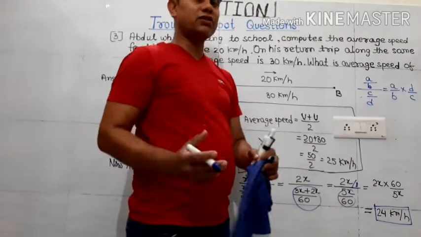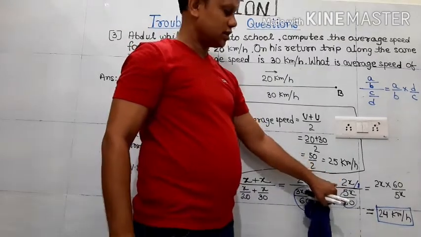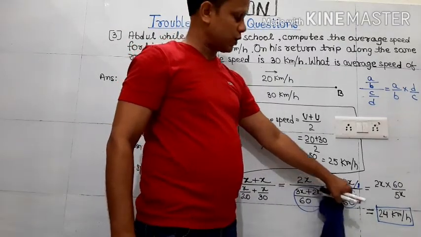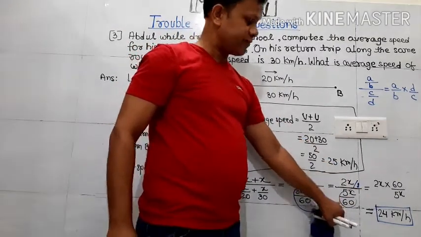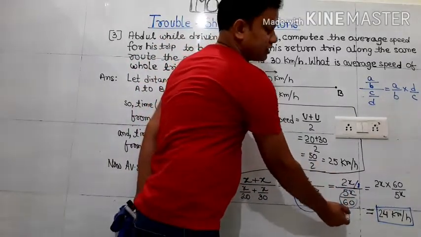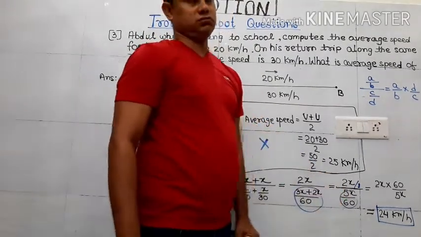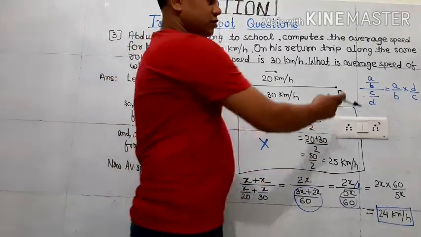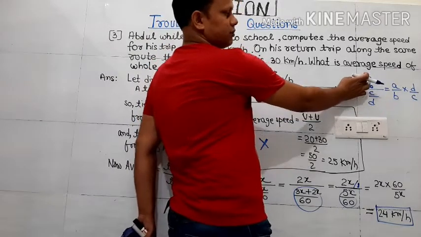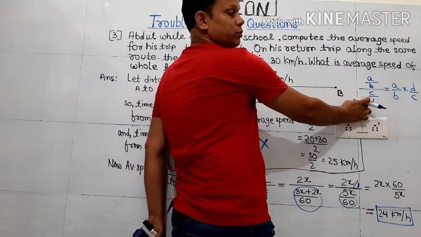Now to make a fraction, what do we imagine? 1 in the denominator. So now the numerator is looking like 2x by 1 upon 5x by 60. So the numerator is 2x by 1, the denominator is 5x by 60. Now whenever this situation comes, fraction to fraction, how do we solve? For here I have taken one example. Suppose a by b is the fraction in the numerator and c by d is the fraction in the denominator.